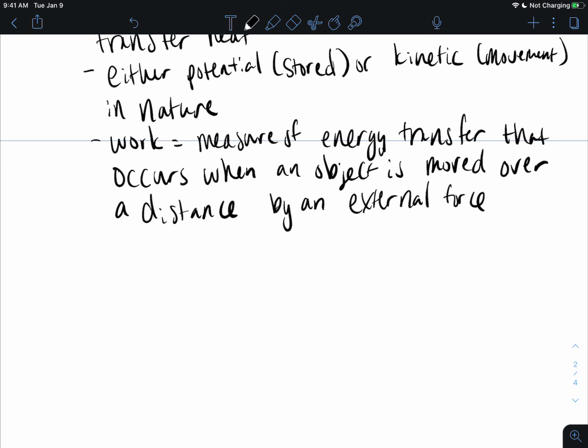So this is going to be work is equal to force times distance. The further that you move something, the more force that's exerted during that movement, the greater the work is going to be. And heat is going to be a form of energy